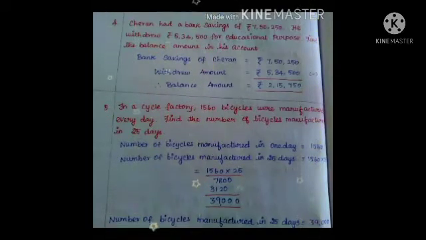Okay, see the solution. Number of bicycles manufactured in one day is 1560. Next step, number of bicycles manufactured in 25 days. We want to do the multiplication. See the multiplication solution also. First I will take the 5. 5 zeros are 0, 6 5s are 30, remaining 3. 5 5s are 25. 25 plus 3 is 28. So 8, remaining 2. 5 ones are 5. 5 plus 2 is 7.